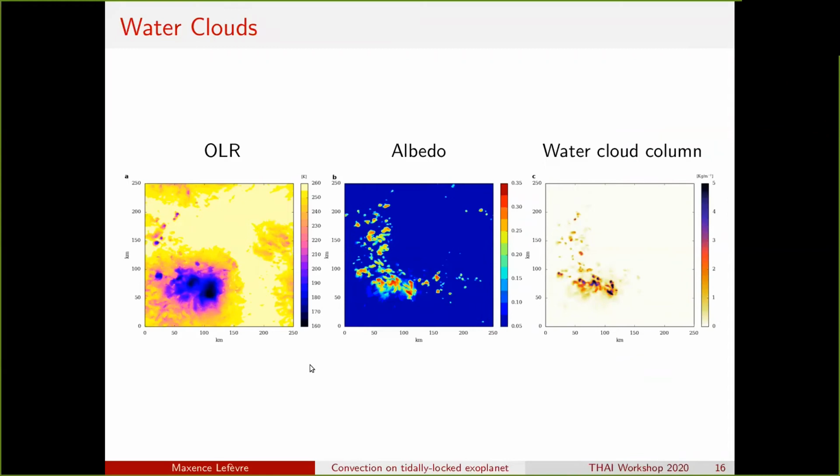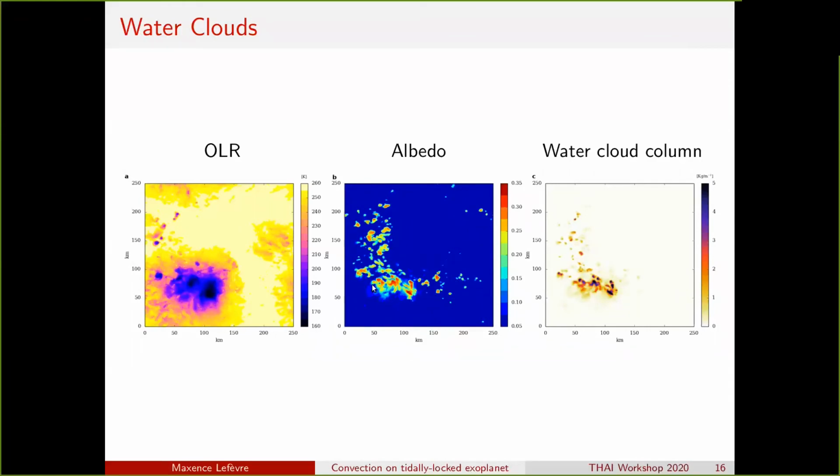Here are presented the clouds in the form of the OLR, here in brightness temperature, and you can see the strong deep convection cluster that is visible in the albedo map and in the vertically integrated water cloud column content.